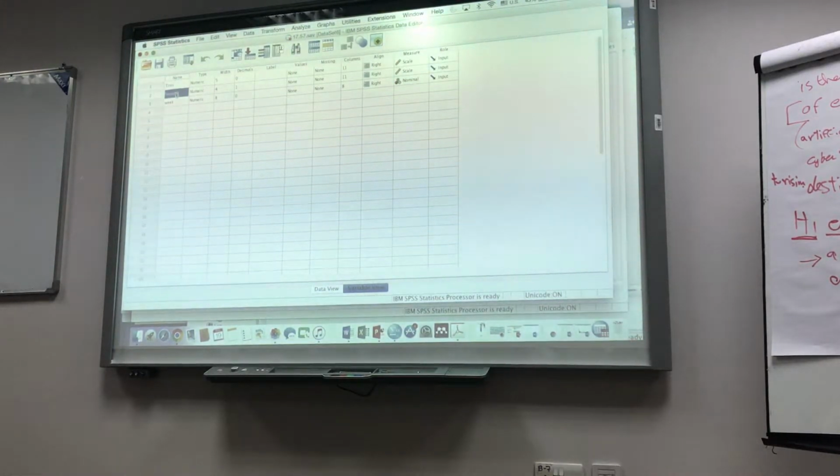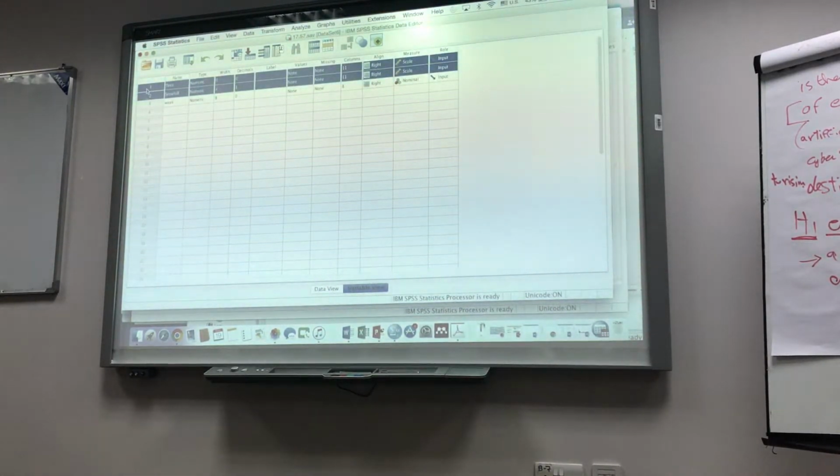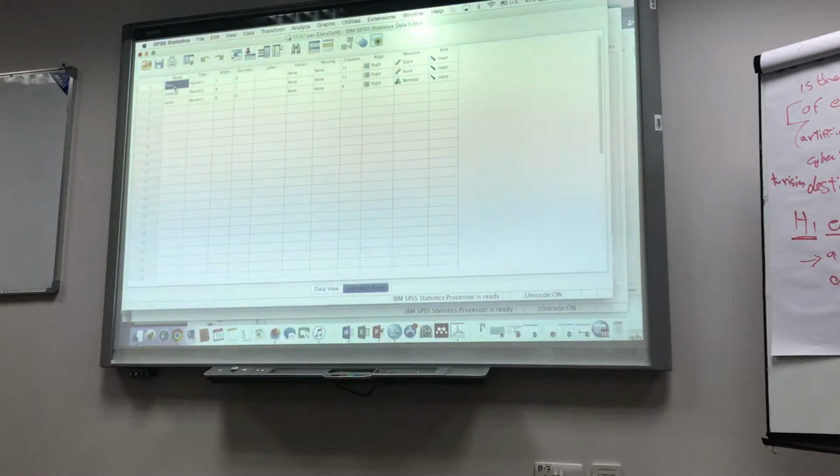You can see I have the first two variables: tires, the dependent variable, the sales of the tire, and the second variable, snowfall.